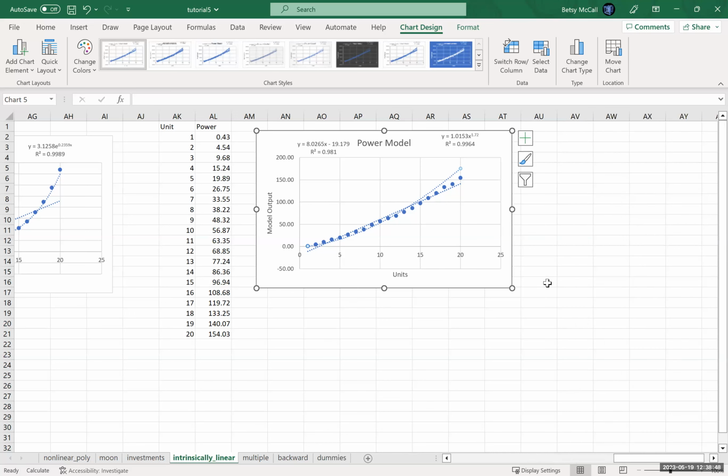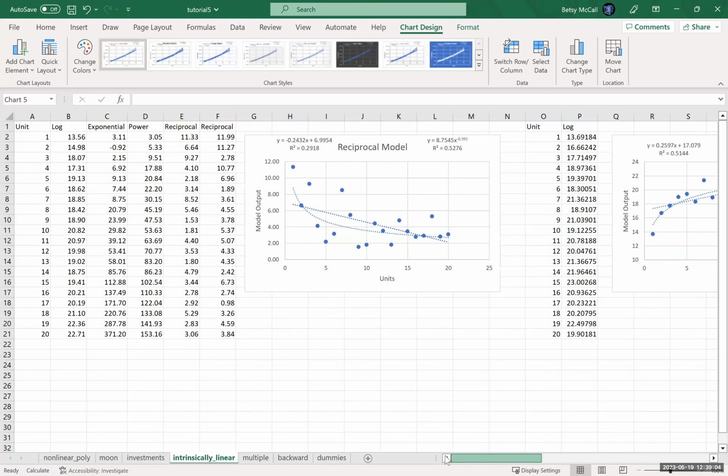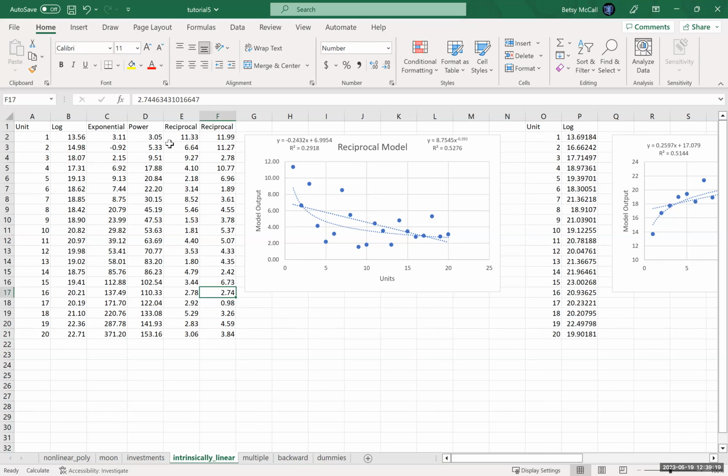Now, okay, so what we've done is we've created these models from the graph. Now, how do I create them without the graph? How do I get more additional analysis? And so what we're going to do is look at these analyses specifically so that we can do those calculations. Now, for the reciprocal model, I'm going to use the second column of reciprocal values that I've calculated from my model in order to make sure that they're staying constant and preserved while I go through these